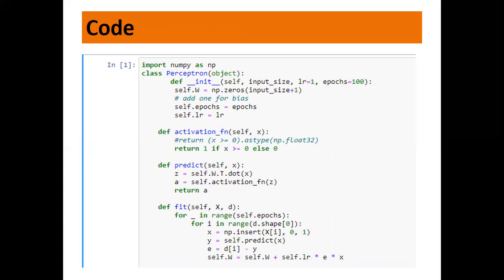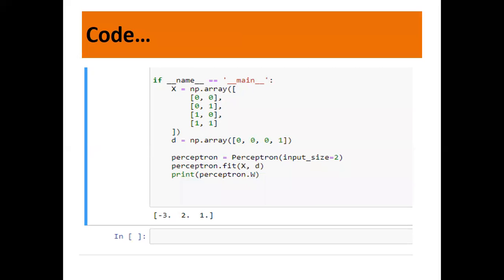Now I want you all to modify this program so that it gives the output once the input is given for the AND gate. I hope the concept is clear both ways. The first program was very simple, where we already had the weights and the bias. But in the second program, we are training it, we are updating the weights so that it can correctly classify the output given the inputs.